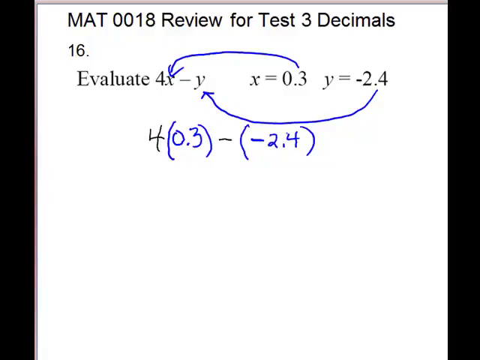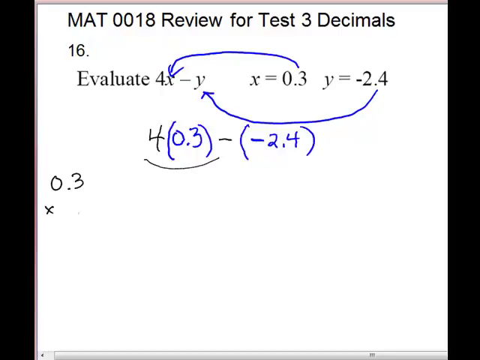Now you're going to go with order of operations. You would do your multiplication first, so 4 times 0.3. We can do that on the side. We're just writing it vertically. 4 3s are 12, so we have to carry. 4 times 0, 0 plus the 1. And we go in one place. So 1.2